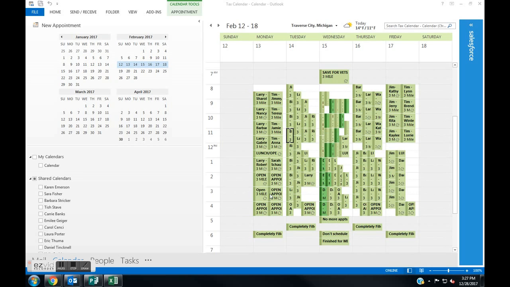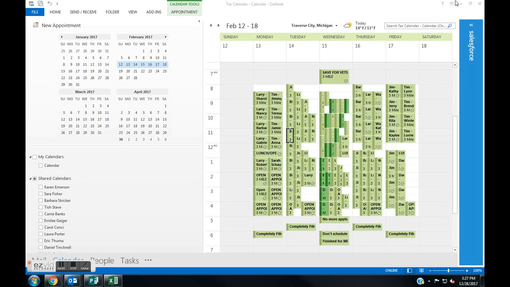So I wanted to start off with how the process was currently managed and talk a little bit about what we did in Salesforce and see if anyone has any thoughts on it. I've censored this best I can, but hopefully you're able to see it's just basically an Outlook calendar. We put appointments in, and if they're open, we can edit them and update the person. So you see open appointments, open 3 Mile. It's kind of a bit of a mess, and there's no real way to filter this without creating 10 different Outlook calendars or 12 different Outlook calendars for each